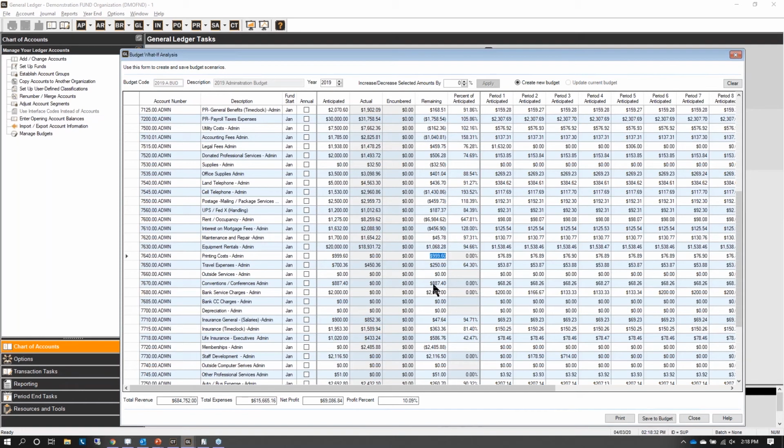Now, I took that $250 away from printing, so I'm going to drop that down because I don't want my bottom line here to change. I want to still have a good profit percentage or excess revenue, net revenue over expenses. So I can take money from one budget that I know I'm not going to spend and move it to another budget here in the budget analysis if I am a user that is authorized to do so. And the budget WhatIf analysis will automatically recalculate my annual amounts for me based on what I need for the